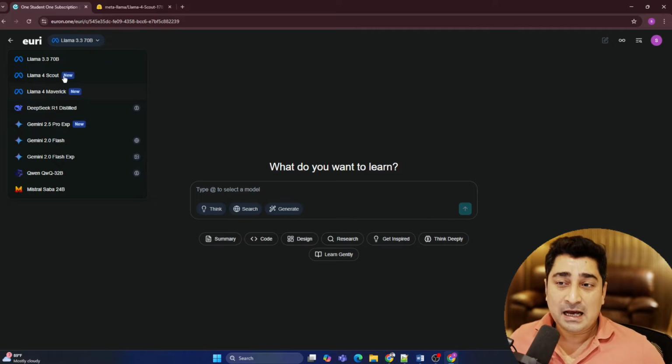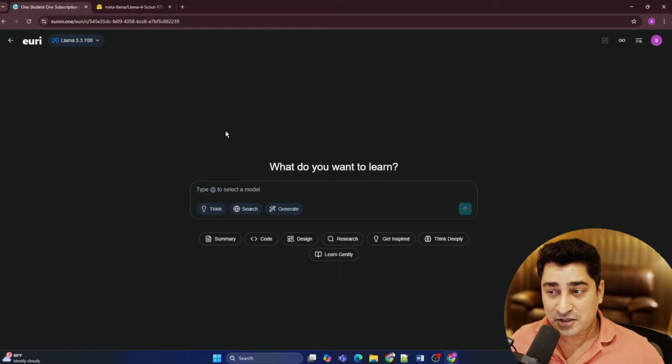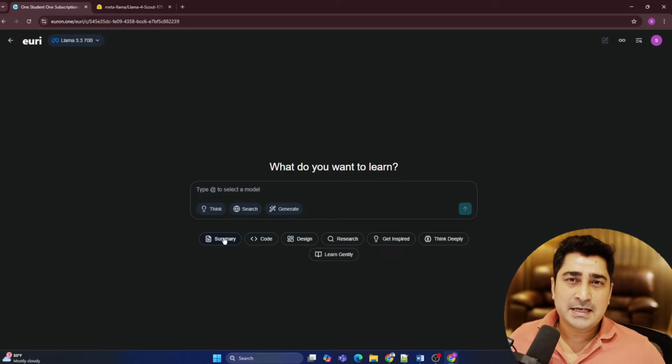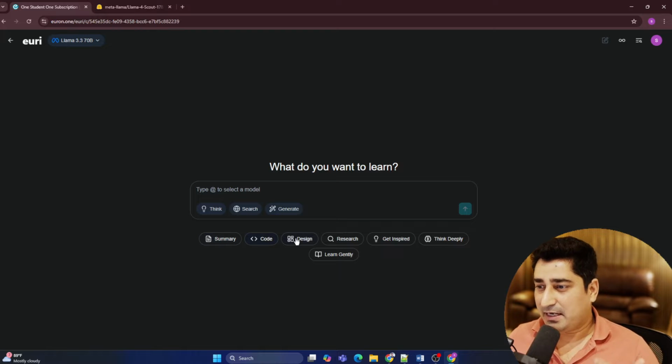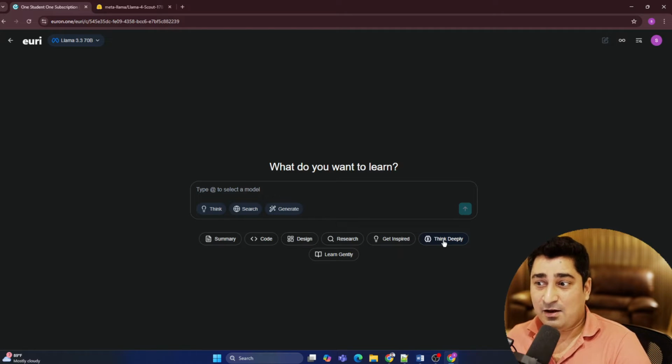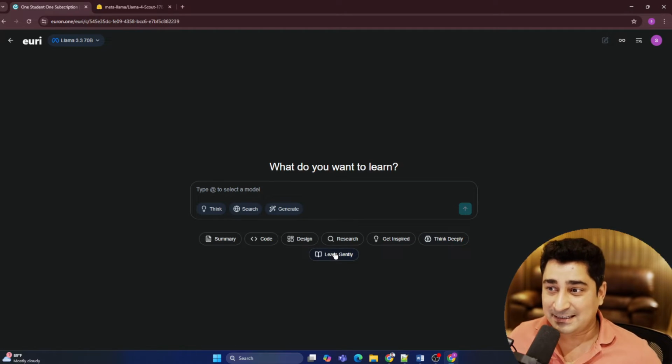As you can see, a list over here, it's a huge number of models that we have maintained. You can use all of these models for a summarization task, for generating code, maybe for design, for research, for inspiration, for deep thinking, and maybe for learning purposes.